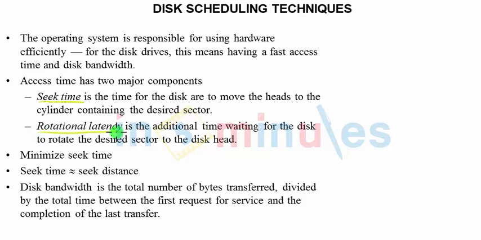We clearly said seek latency is the time taken by the read-write head to reach the cylinder or the track where we are supposed to perform read-write, and the rotational latency is the time taken to rotate a particular disk in order to get the needed sector below the read-write head. The basic use of the algorithm is trying to minimize the seek time by minimizing the seek distance. So basically the algorithms are going to talk about reducing the seek time.